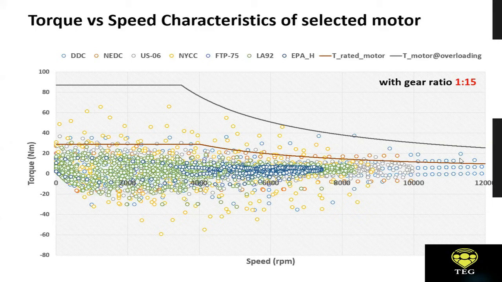So similarly, what we did was that we did it for all the 8 drive cycles. Okay, so for all the 8 drive cycles, we found out that if Tata Magic has to travel on all the 8 drive cycles, then what would be the torque versus speed requirement? And if we look into it, then this is the kind of a scatter plot that we get. Okay, so all the bubbles, they show the torque versus speed requirement for each of the 8 drive cycles, and the color code is given here on top.